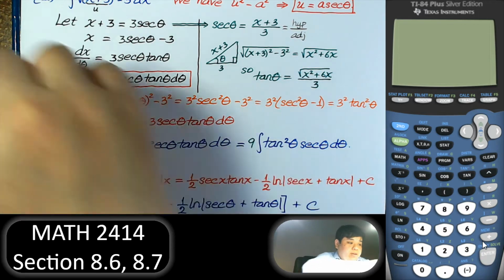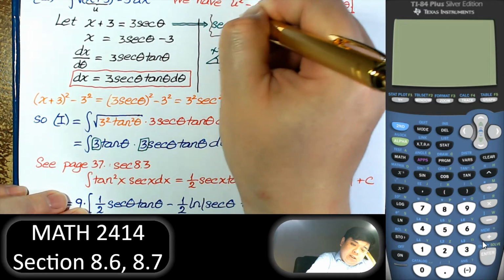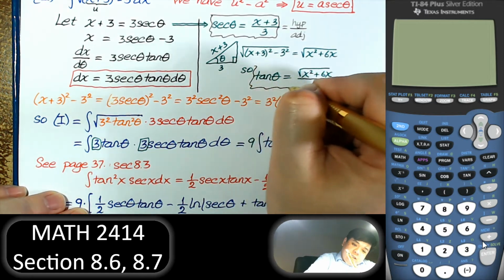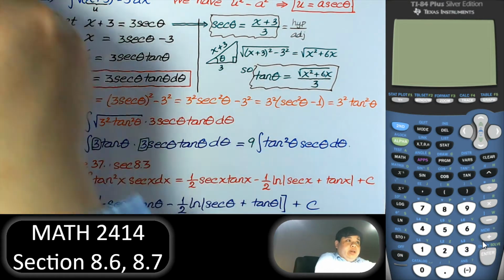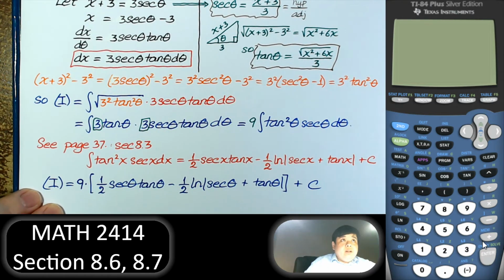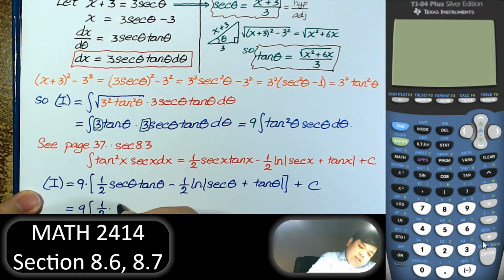So we have secant and tangent. So we can substitute those two into the integral. So we have 9 times 1/2 secant is that, tangent is that,